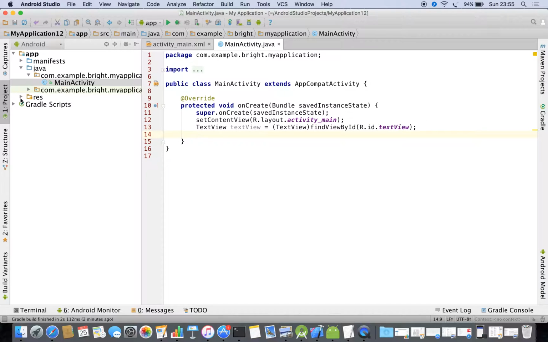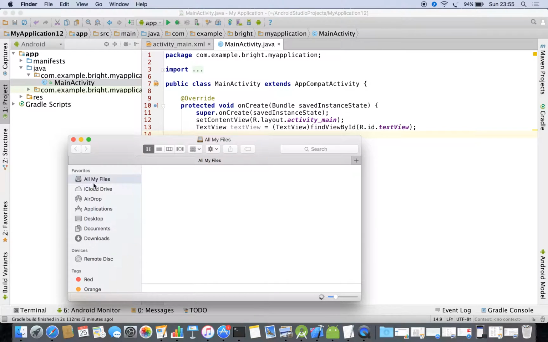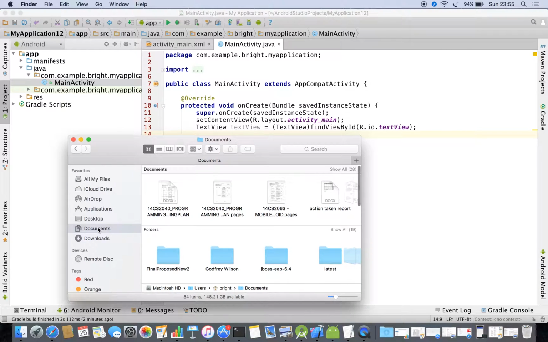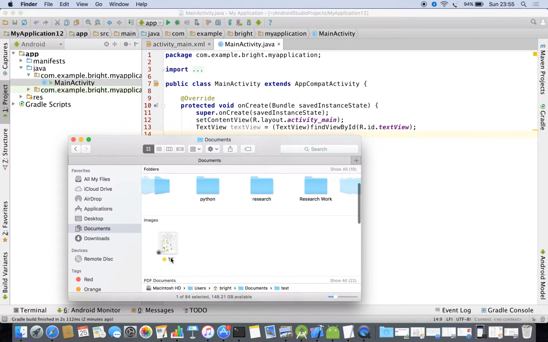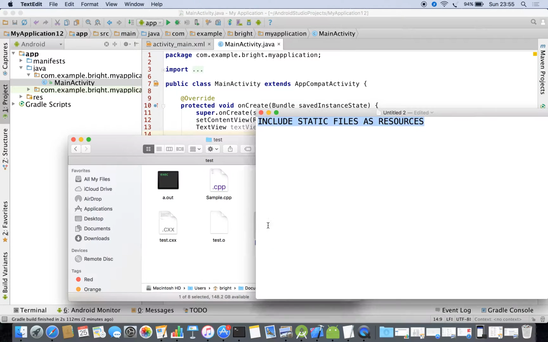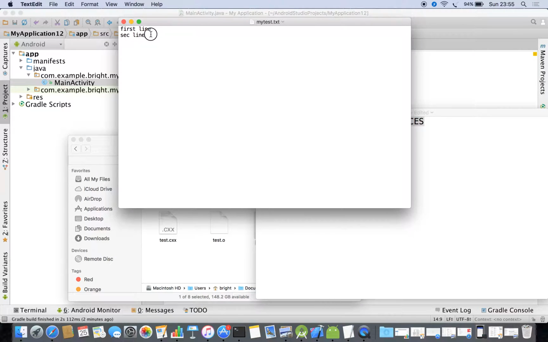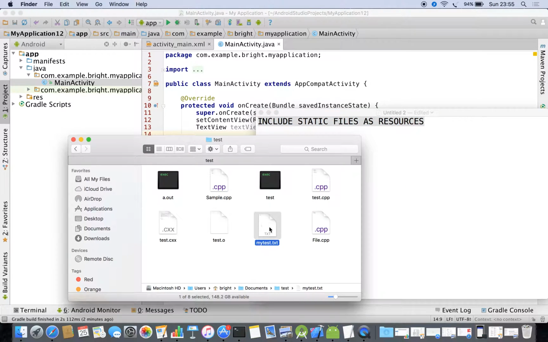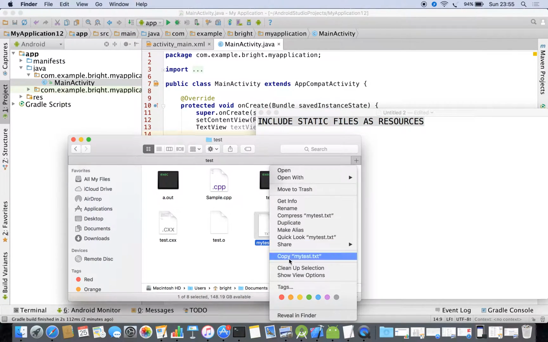Now I'm going to keep some static file. I'm going to take some file. So here I have some file in this folder, mytest.txt. This text file I'm going to use. I'm going to open it. It contains 2 lines of text, first line and second line. So this I'm going to just copy it,